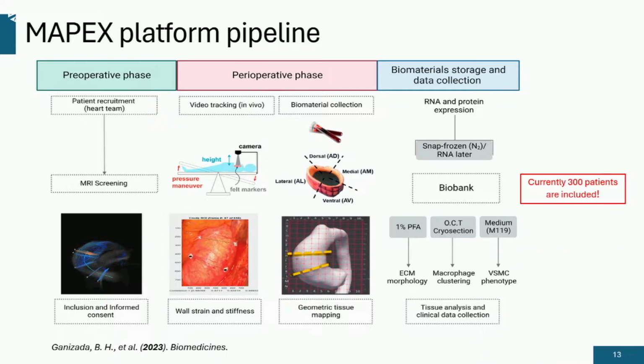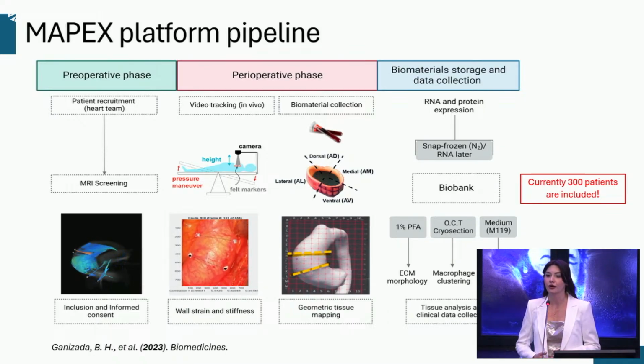So this is a platform that we built 4 years ago. And as you can see here, the MAPEX is divided in 3 phases. But what you also can see is that we applied here our systems approach. During the preoperative phase, we are collecting data about the wall shear stress and the dimension, which is an important blood flow parameter. During the surgery, we are focusing on 2 lines. First, we are collecting the strain data from the video recordings. This will give us information on how blood pressure is affecting the movement of the aorta, but we are also collecting